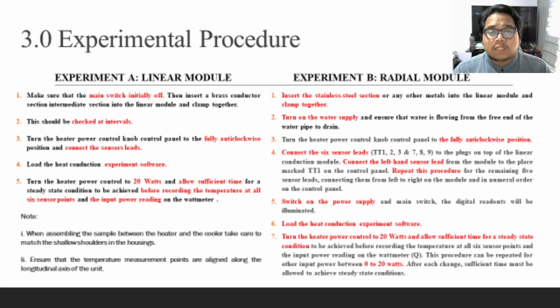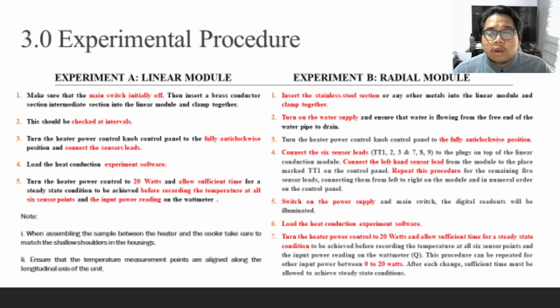This experiment procedure is divided into two parts: experiment A, linear module, and experiment B, radial module. For experiment A, the first step is to make sure the main switch is initially off. Then insert a brass conductor into the linear module and clamp together. The second step is to check at interval. Then turn the heater power to a fully anti-clockwise position and connect the sensor leads after that. After that, load the experiment software. Lastly, turn the heat power control to 20 watts and record the temperature at all switch points and the input